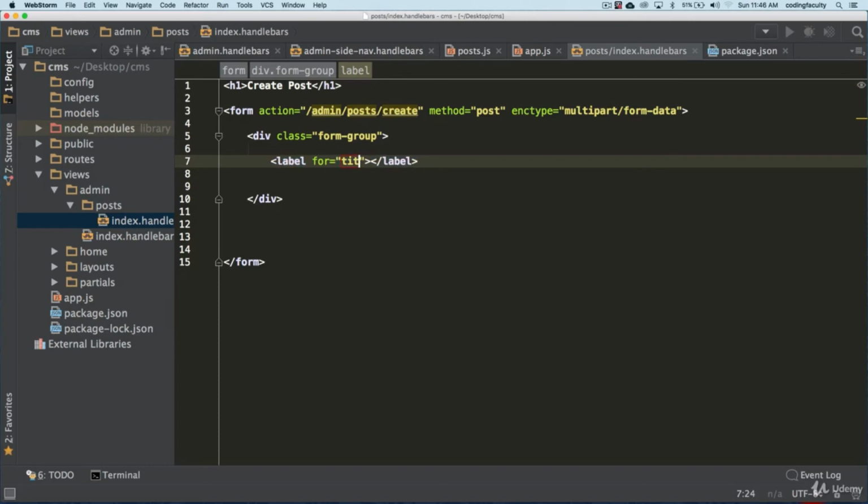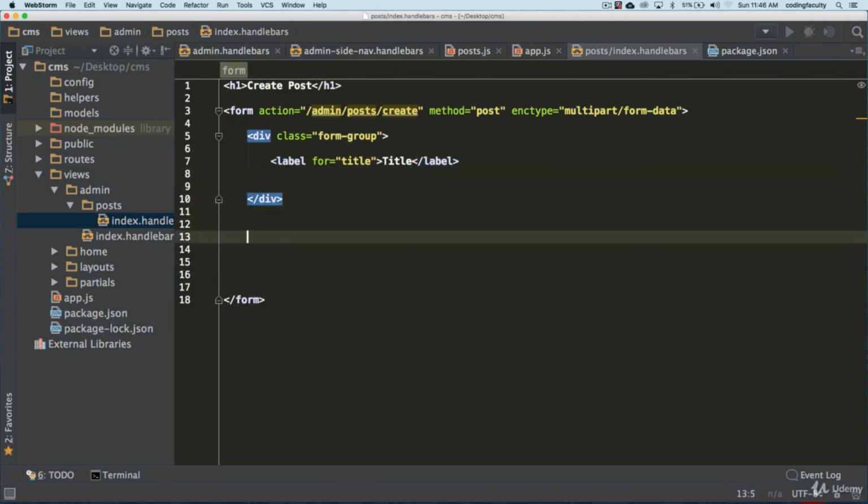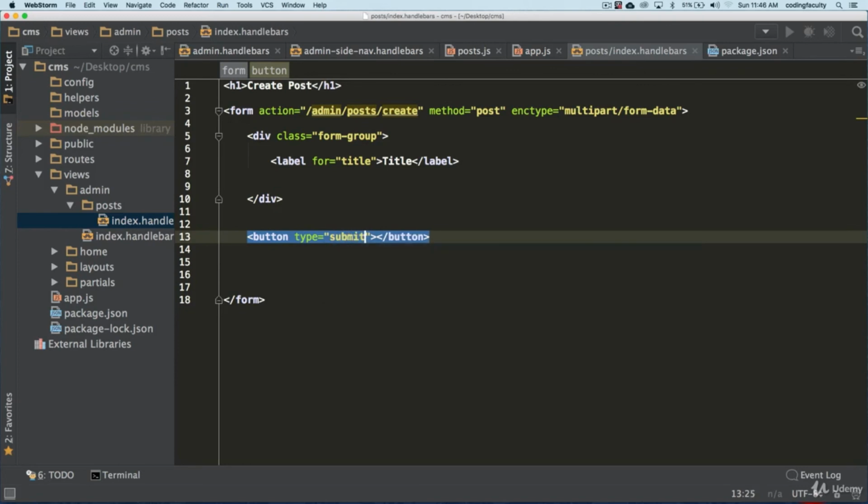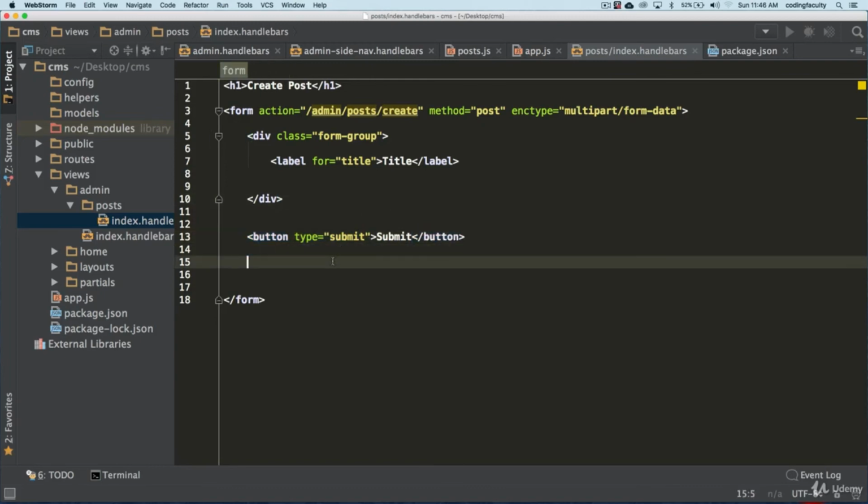This is gonna be the title of our post. Let's just go ahead and create some type of button down here, and we're gonna create a type. It's gonna be submit, and we're gonna call it submit like this. I just want to see how that looks real quick, okay? Before we do anything.